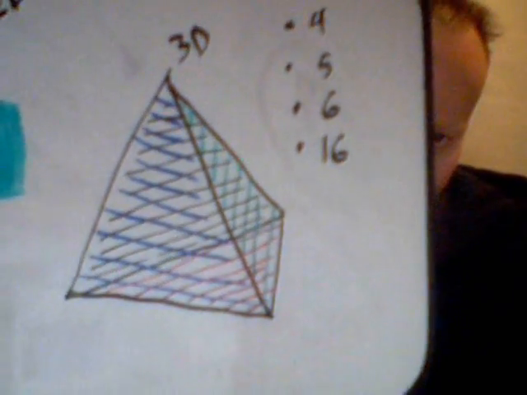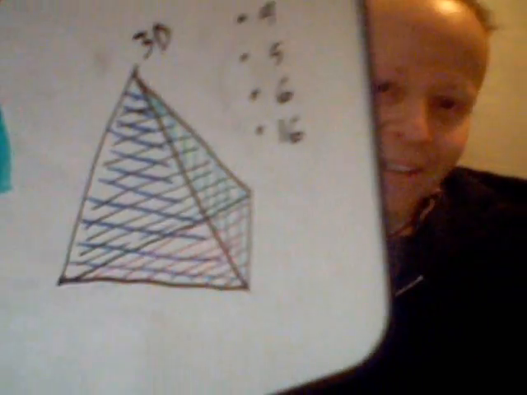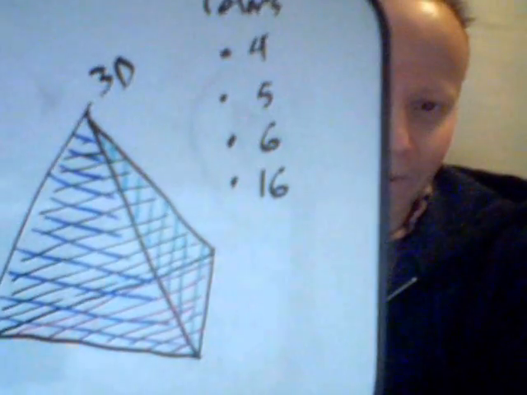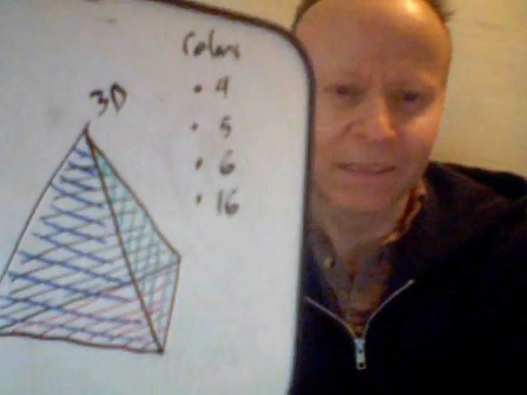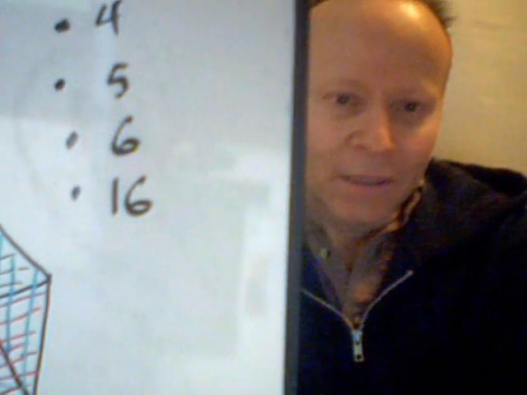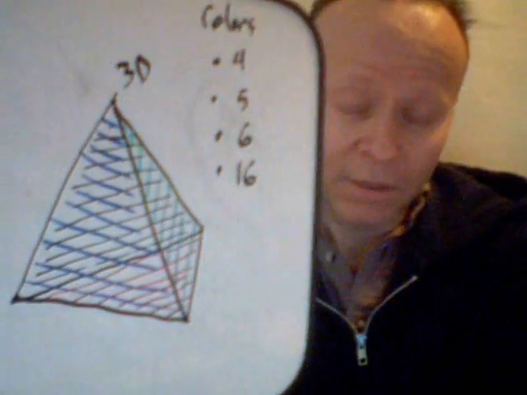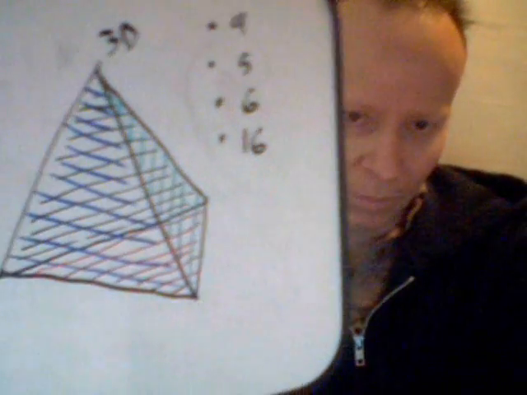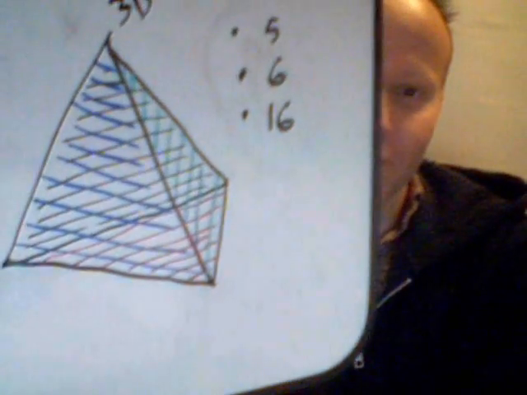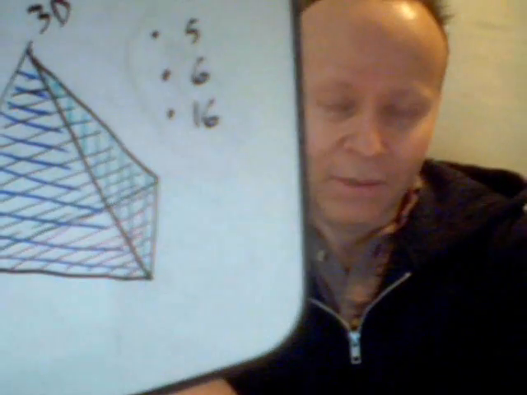Now the last option, 16, and that's what I think. Right now I'm intuiting. I haven't looked into this. You might be able to go on the internet and find out the solution to this. My intuition tells me you need 16 colors, because you have the minimum, the smallest size of a 3-dimensional object. It says here pyramid, 4 sides, 4 2-dimensional surfaces, and if you need 4 colors for 1 2-dimensional surface, I'm thinking you're going to need